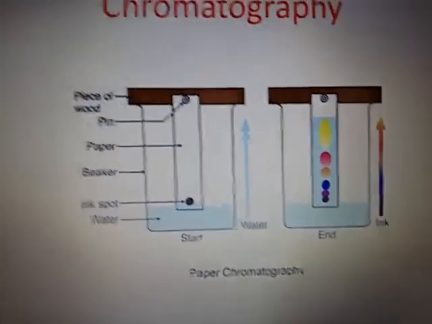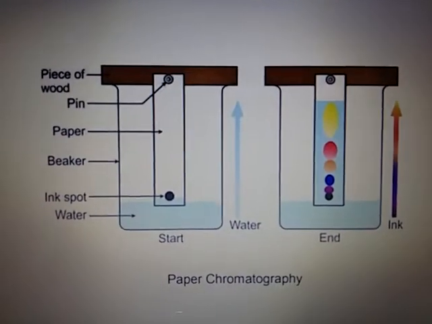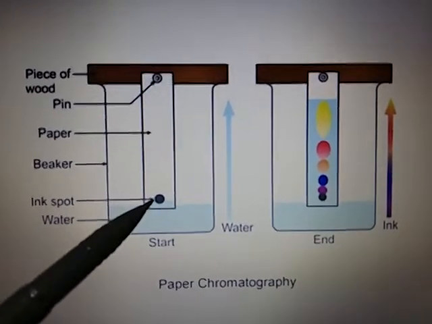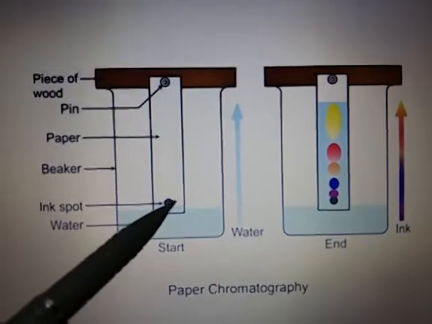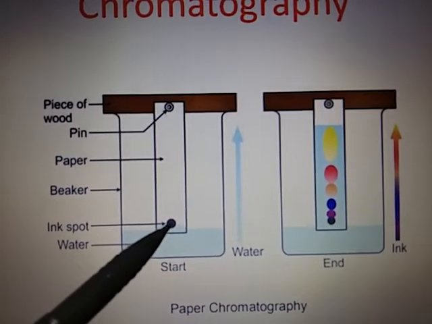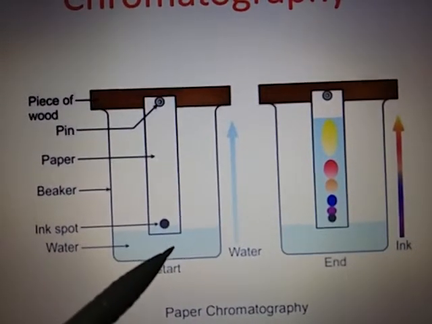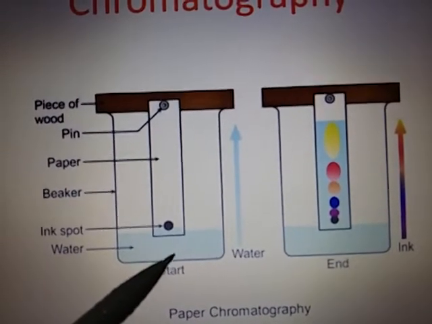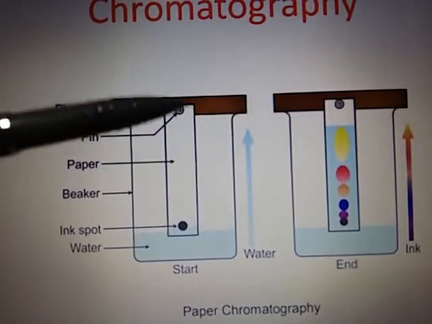Now here this chromatography technique is shown. So here a dot of the ink or the material from which we have to separate the dye is made. A very concentrated dot is made on this line. Here the solvent is taken as water, right? And a special type of filter paper is used.